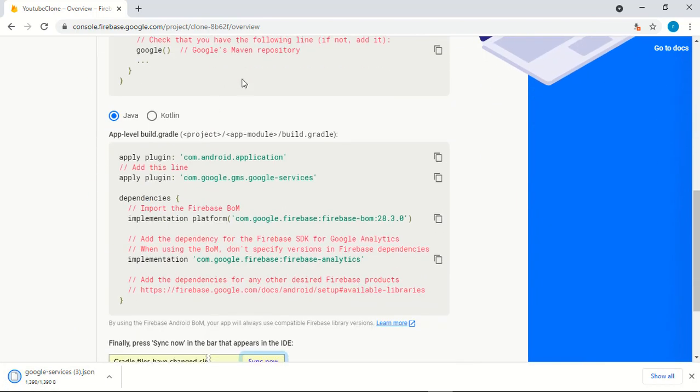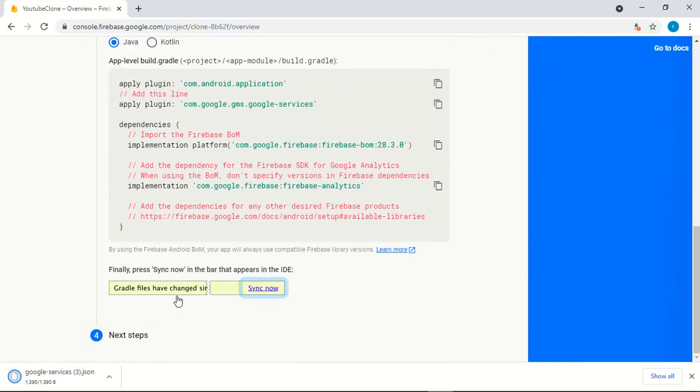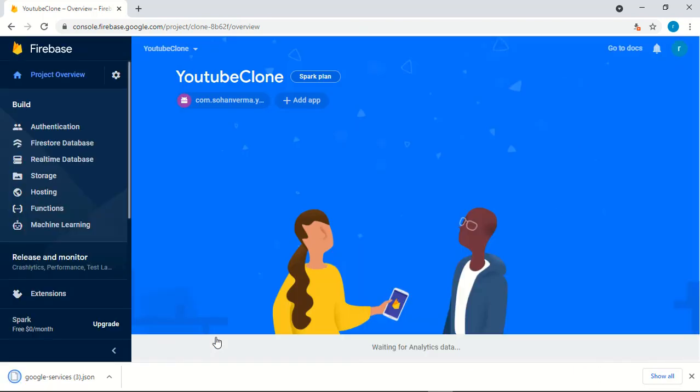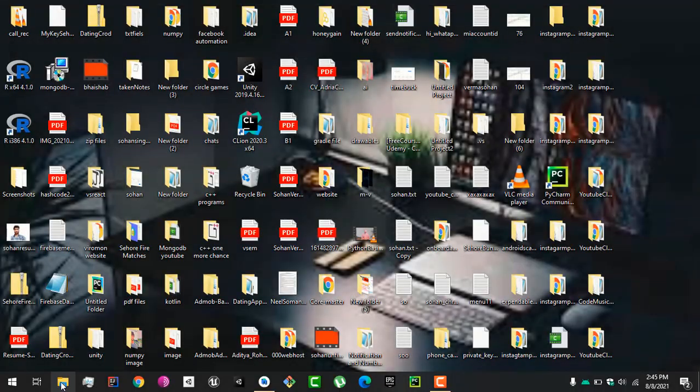This is the dependency, but we will install it in our own Android Studio. There is an option for that, and this is the final step. Just continue. Our package name is showing, and our JSON file is downloaded. Go to your downloads folder where you downloaded your files.